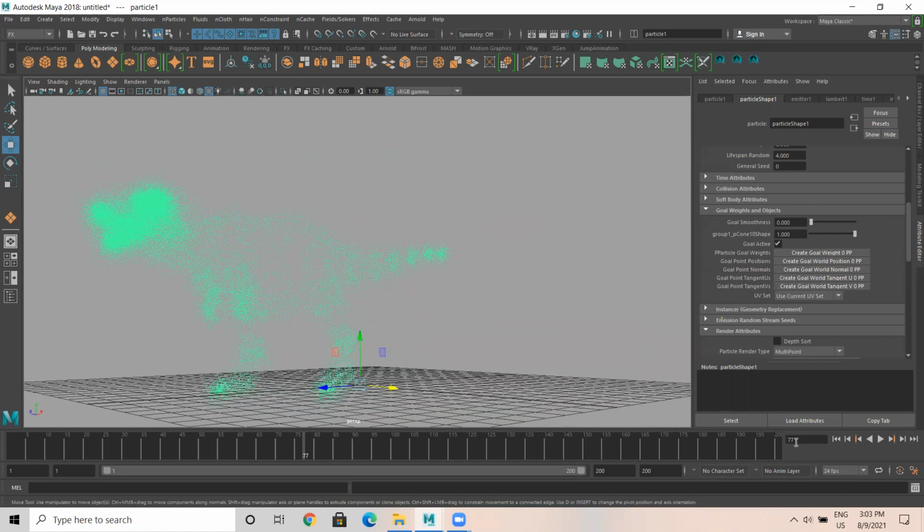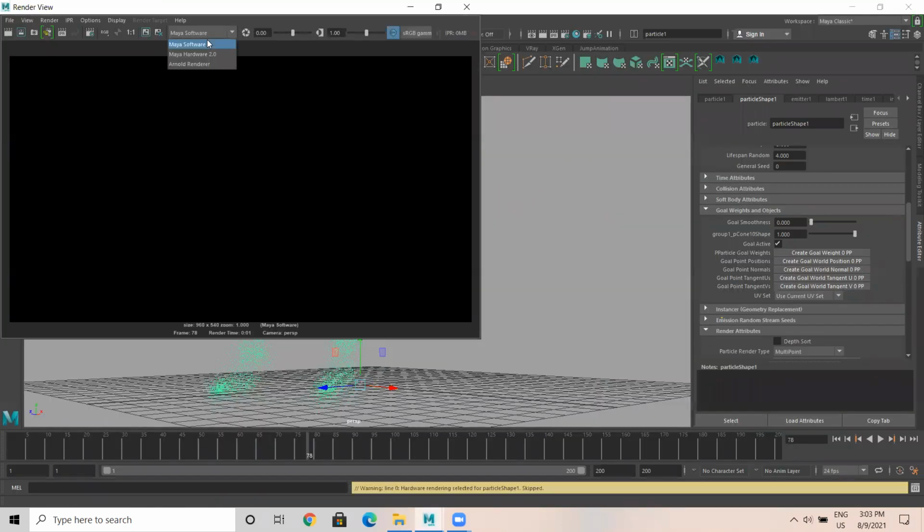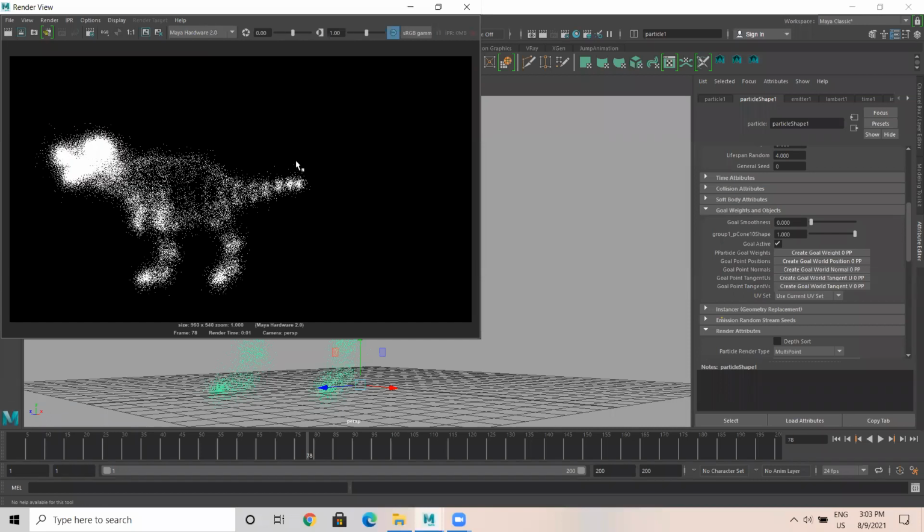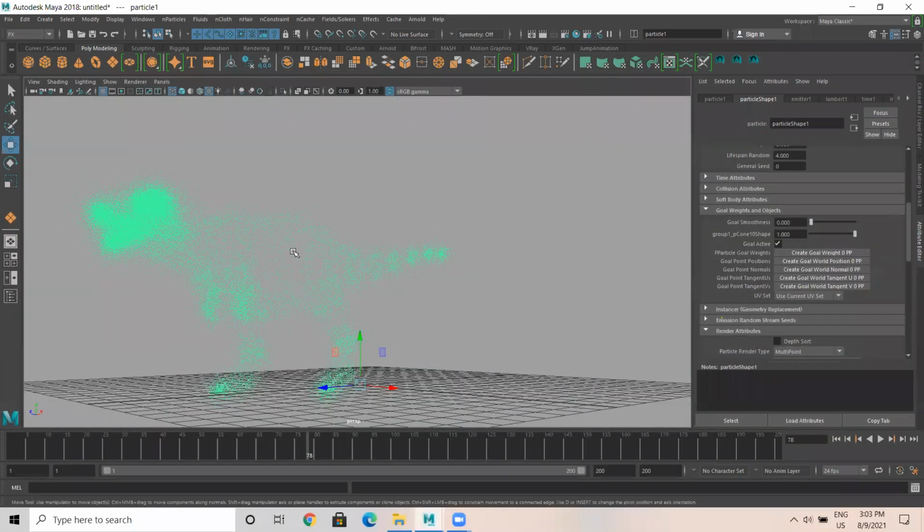Yes, sir. So you try, it's really nice. So anyhow, you guys have done animation, backflip animation. So try goal effect for the backflip animation. Okay, it looks really nice. I think we have to render using hardware. Try this. Let me just do it for the backflip animation also.